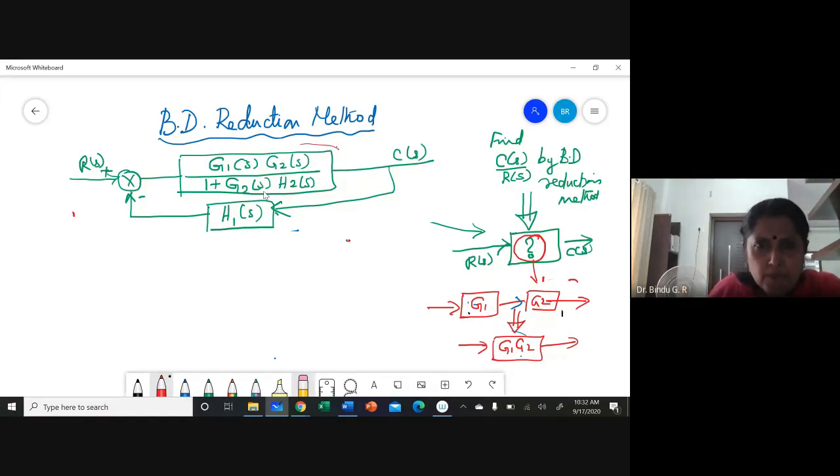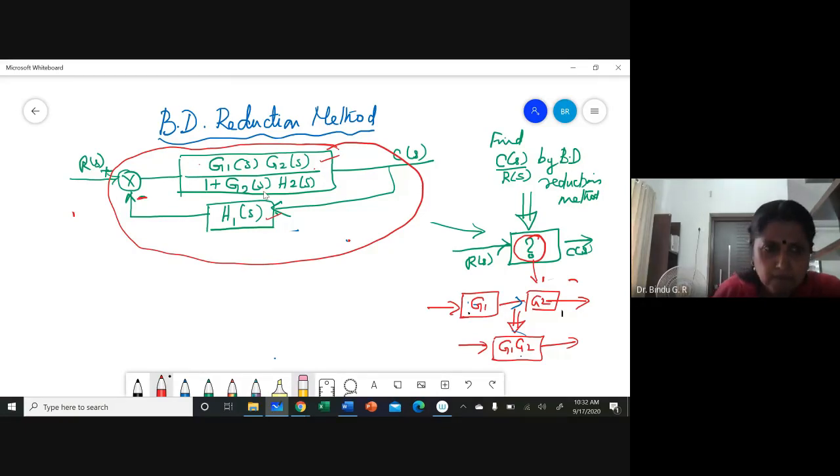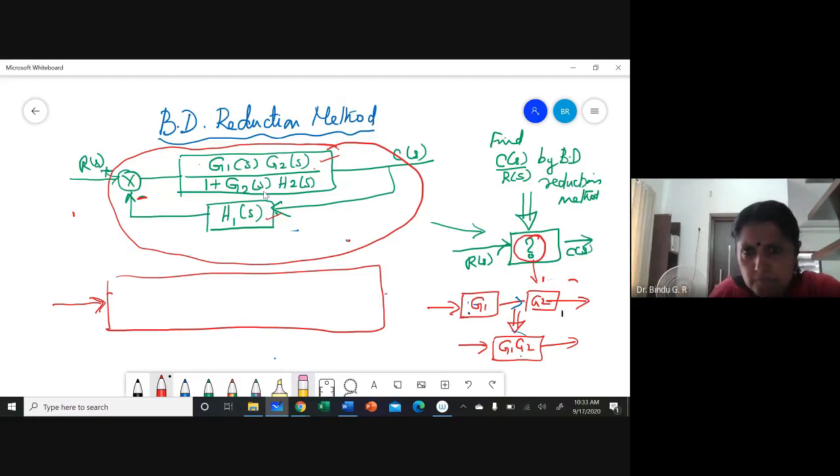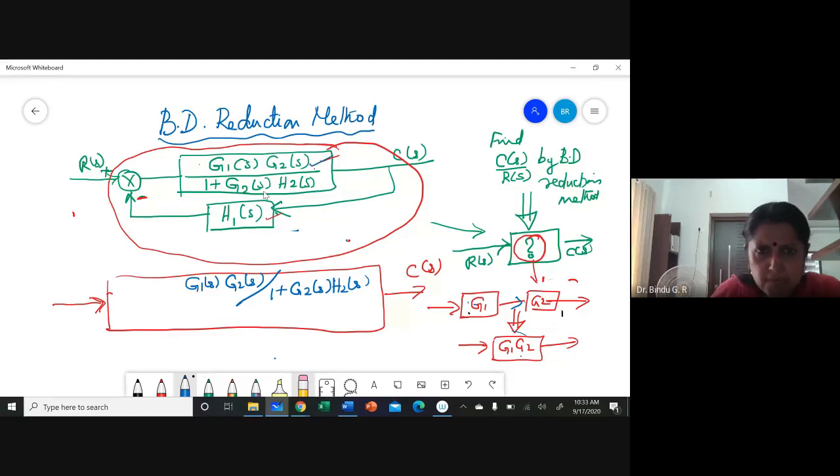Again, you are able to identify a simple closed loop system here, isn't it? You have one block in the forward path, a single block in the feedback path with a negative sign, which means it's a negative feedback. Now you don't require a summation anymore because you are just having one single block here with CS. How will you convert this? You will be writing G1S G2S divided by 1 plus G2S H2S, that is the forward path gain, divided by 1 plus G1S G2S